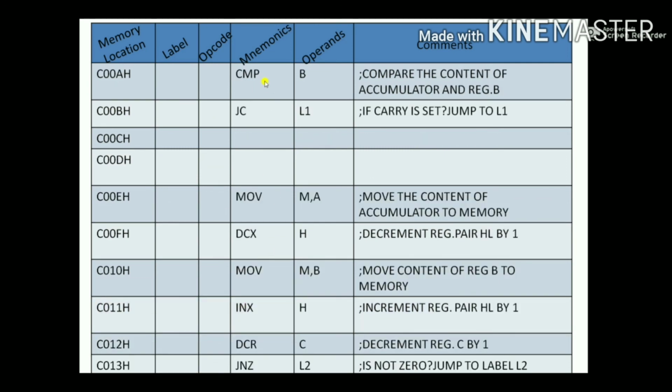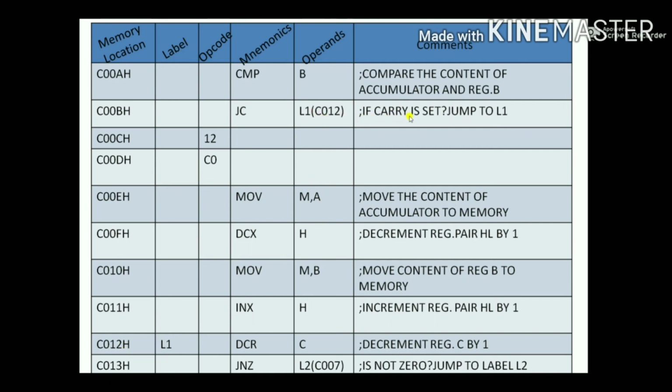The next is CMP B, which is again a 1-byte instruction, so one memory location. Then JC L1 is a 3-byte instruction, because we have to go to that particular memory location. Here it will jump to L1. L1 is at the position C012 address, right?